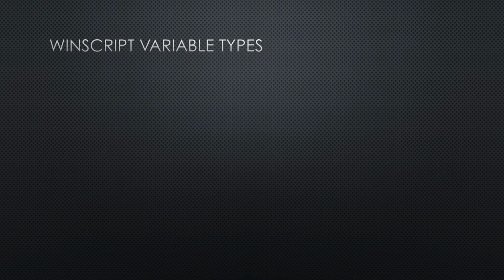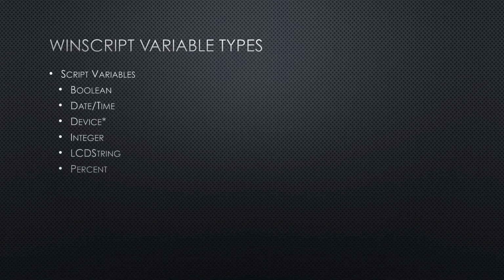The first type of variables are script variables that are specific to the script that's running. They are available for me to use anywhere that their particular data type is supported in the script. The data types can be any of the following: Boolean, datetime, decimal, device, integer, LCD string, %, string, timecode. Most of these will be familiar if you've programmed in other environments or languages before, but we'll go over them